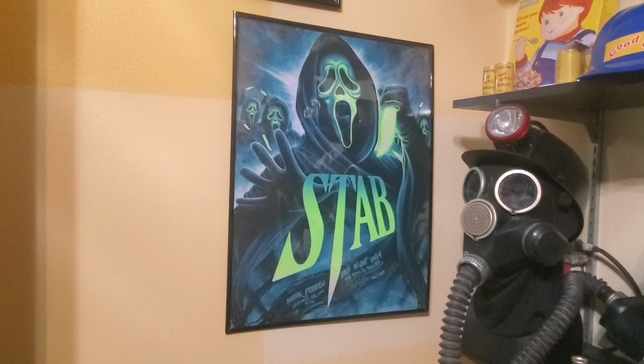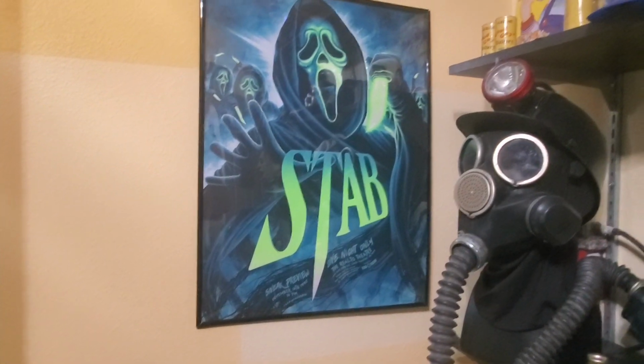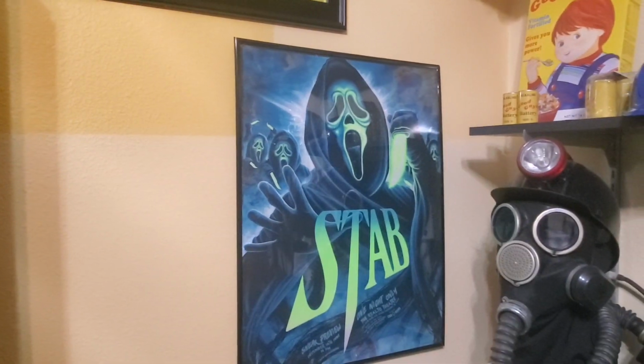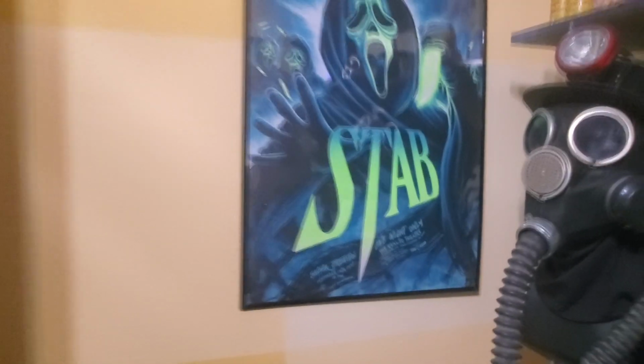And this is the first one that's in a kind of normal poster size. The other ones are long and skinny. But I'm really excited to get this. It has some really cool shimmer effects on it. There were a couple different variants that he offered, and this is the one that I decided to go with. And see, it has the sneak preview, one night only, all that crap on the bottom, which is really